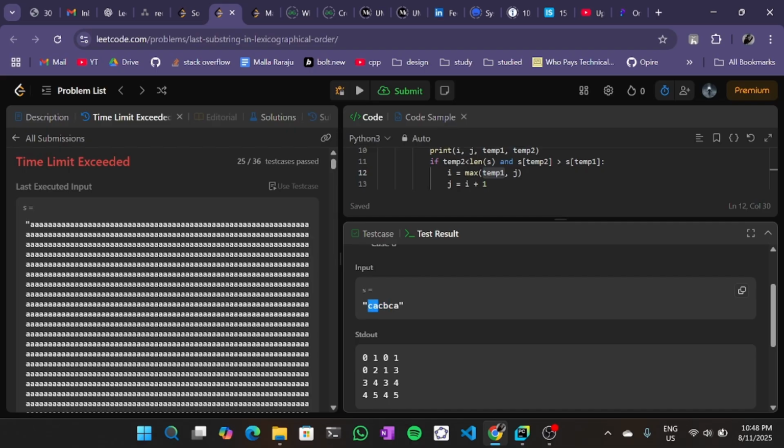So what's done is we incremented temp1 plus 1 and temp2 to here, avoiding all similarity cases. Since A is less than B,